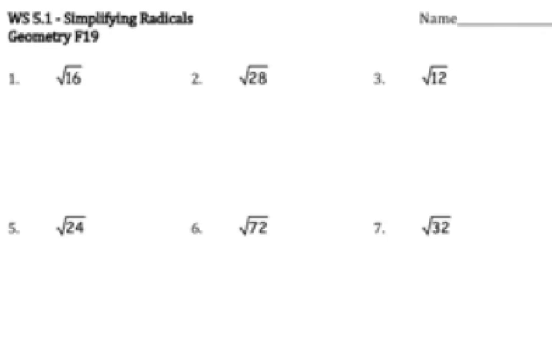So in number 1, we need to recognize the fact that the square root of 16 is called a perfect square. So 4 times 4,